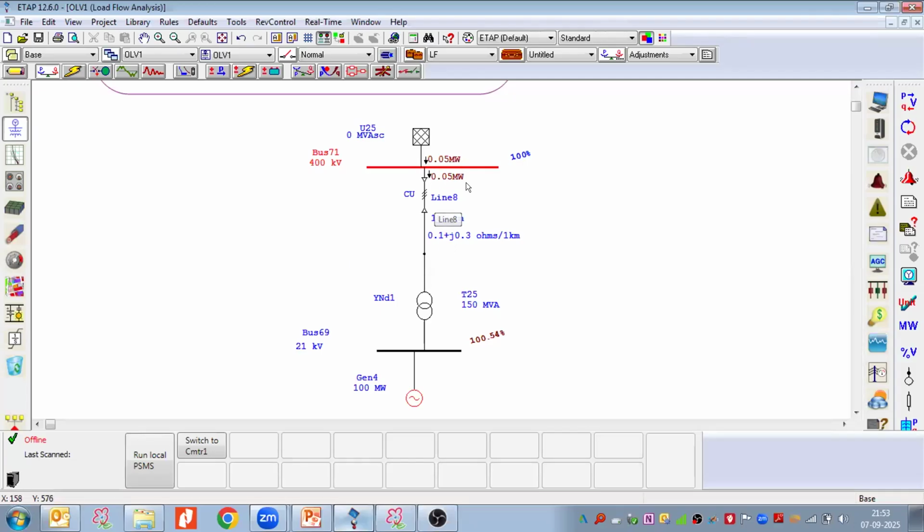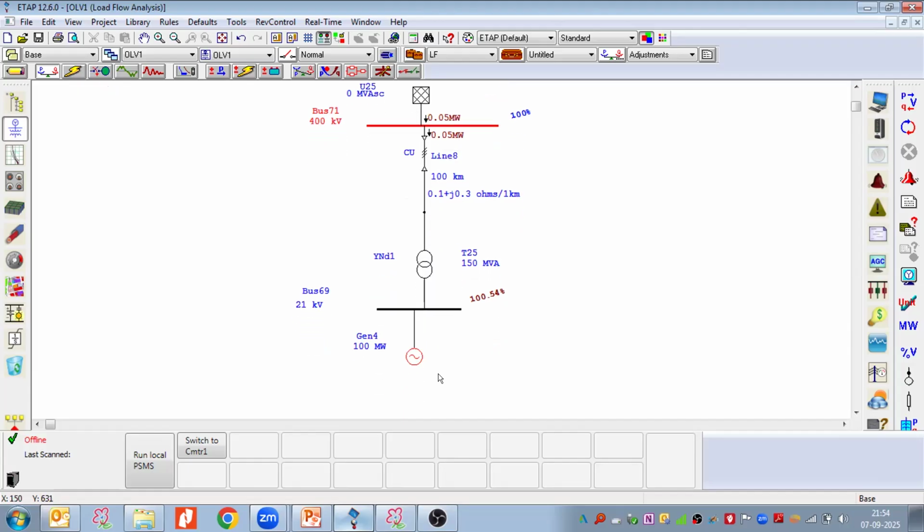Due to charging. Transmission line. Yes, the transmission line power flow is due to the charging current. You can say it is your line losses as well. So that line loss is the only power flow, from the grid side to the transmission line, whereas from the generator side to the grid,